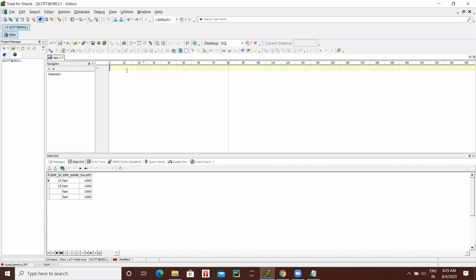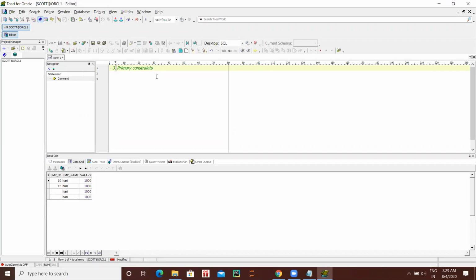Now next one is the next constraint. The third constraint is primary key, or we can call it PK, primary key constraint. So here, what do you mean by primary key? Let's say we have an employee ID. In our organization, employee ID is always unique and it should not be null, because every employee should have an employee ID. So which constraint are you going to use in that case on employee ID?